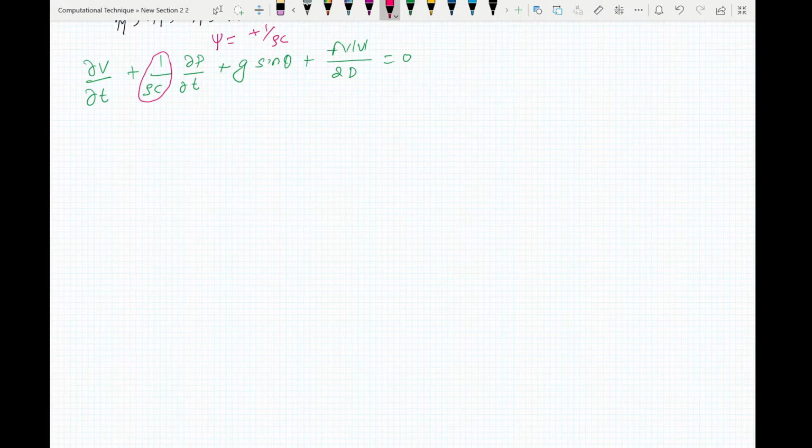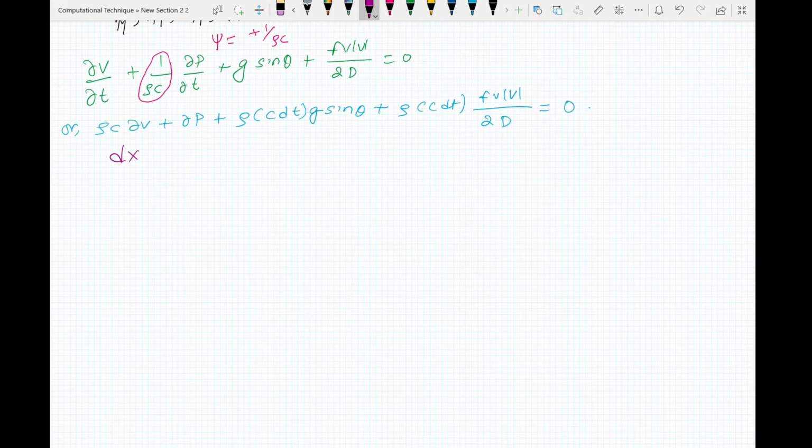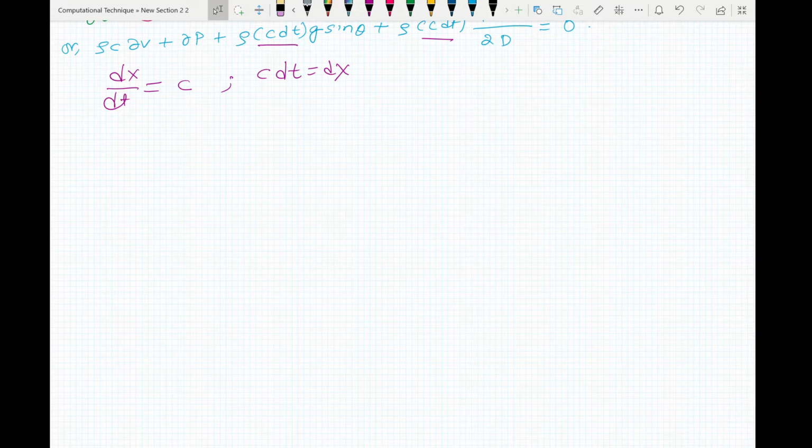You can rearrange this into, if dx by dt is taken as c, then your c dt will be equal to dx. Now you can substitute these values with dx, then what you will get will be,